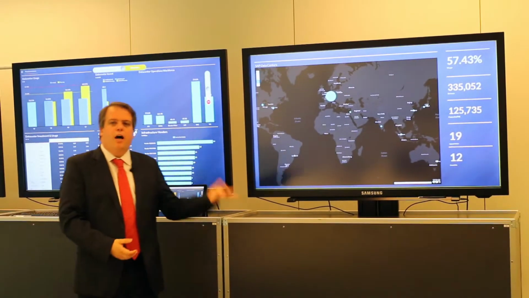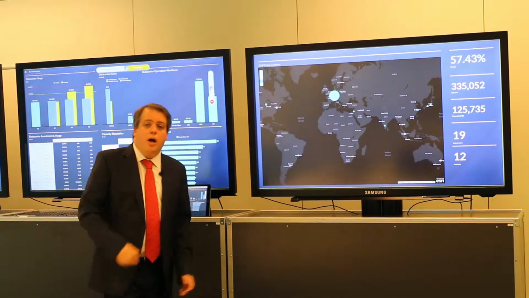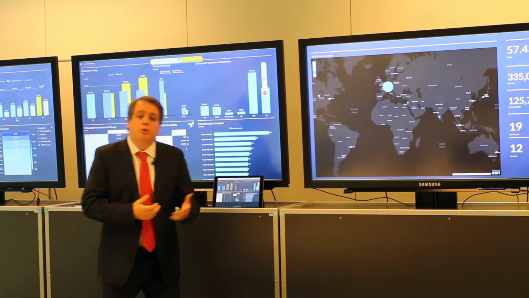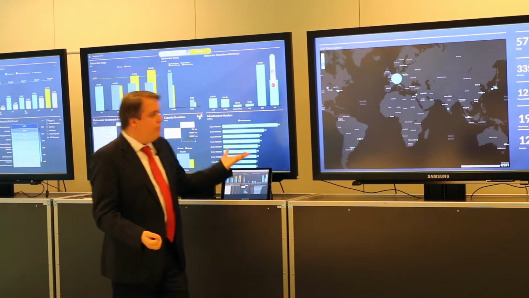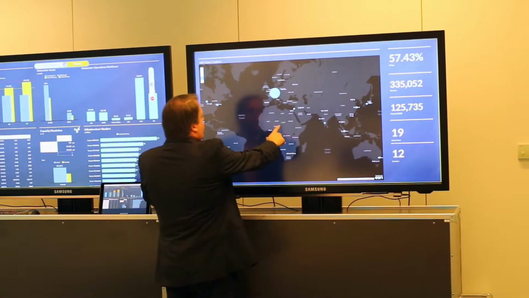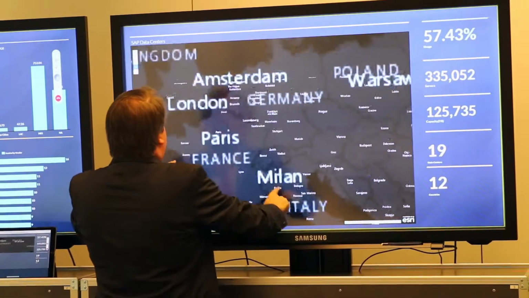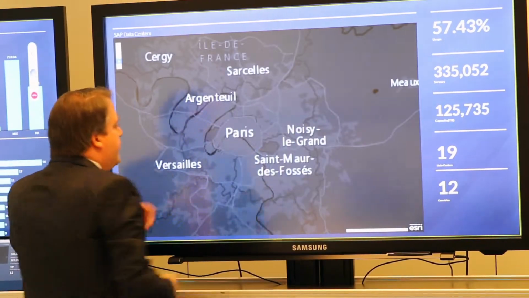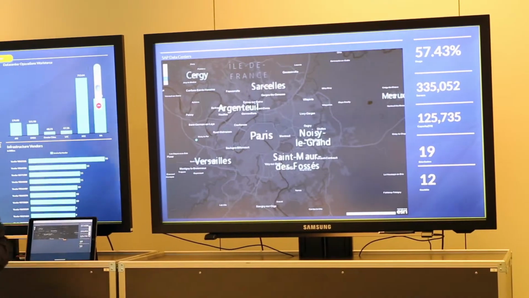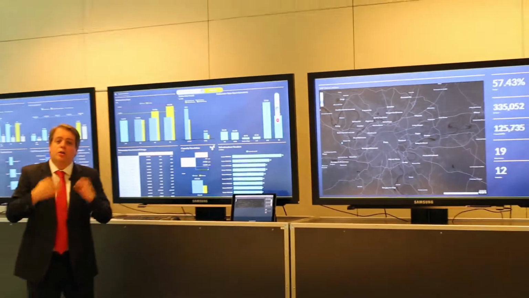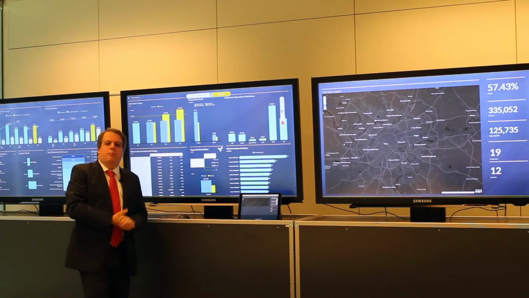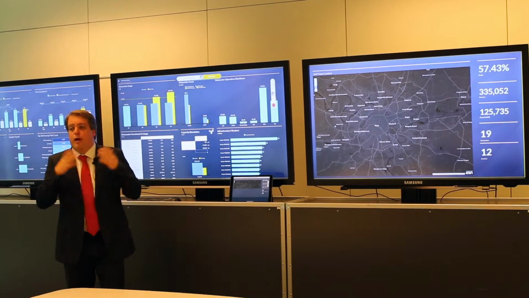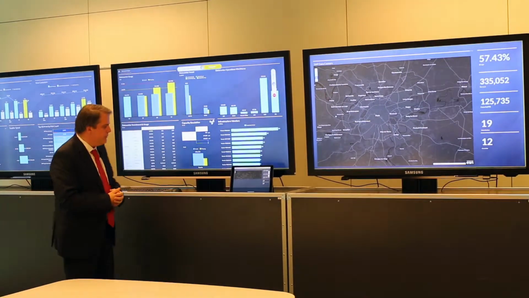If you want to represent flights, or from a warehouse to a shop, all these kinds of things. And in fact, in the roadmap, in the near future, we will even be able to represent routes. Our maps go from large countries and global down, in fact, to street level. If I zoom in on Paris, I will be able to see the street, and I can represent the information using latitude and longitude down to street level. A common example: if you want to represent where your customers are coming from for a specific shop, or where your employees are based, all this kind of information.